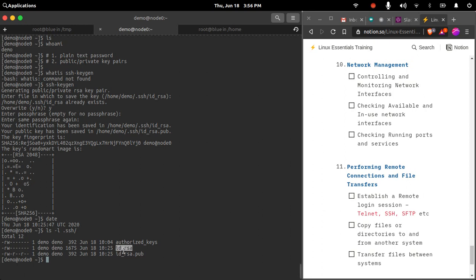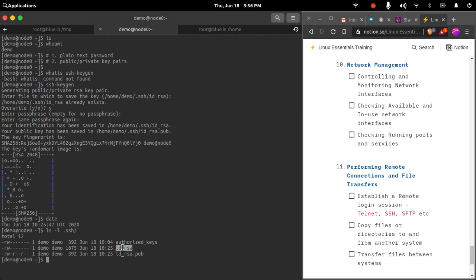The user who wants access to this machine should have this private key. So I will provide this private key to the target user. Once I provide him the private key, and if he knows the IP address of the machine and the username, he can connect to the system. This is the default way of giving access to someone with the help of a public private key pair. You generate the public private key of that user and provide the user with the private key. Even if you create instances on AWS, it will always ask you to create a key pair, and it will tell you to download your private key.